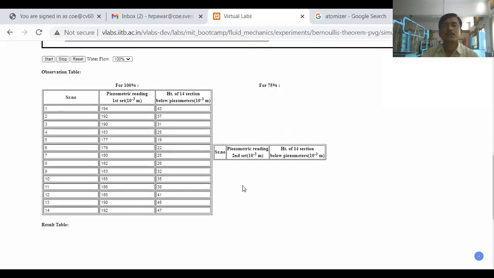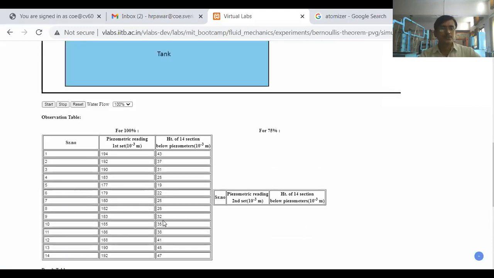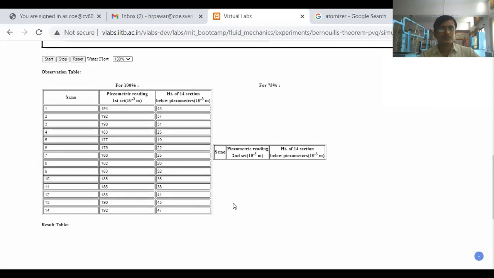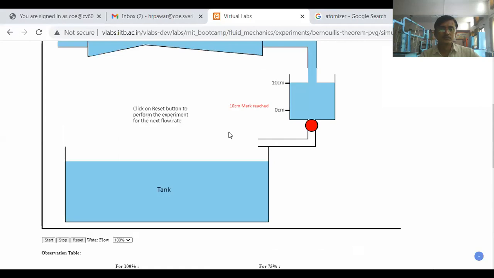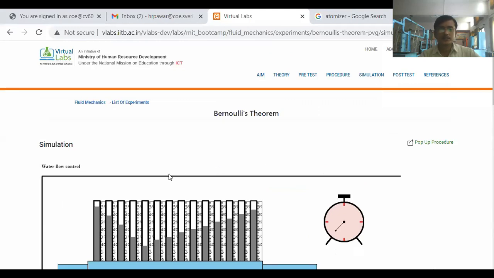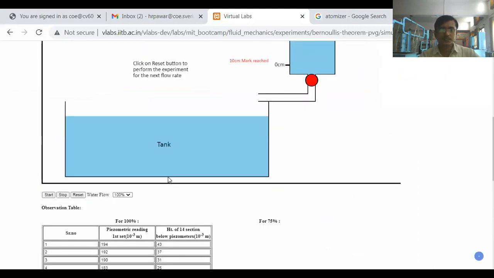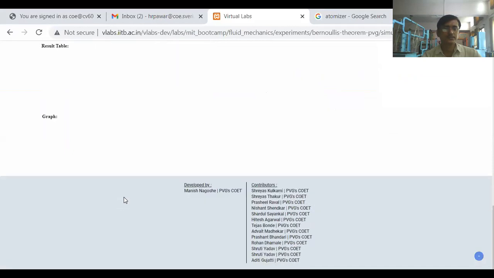This height has been measured from this ground. Okay, and then here after the observation table, what we do generally, we do the sample calculation, and we do all types of calculation and put those values in the result table. Now here this simulation itself should generate the result table. I think this is only one reading. We need to take 2 or 3 readings so that it will generate the result. So right now for the single reading, it is not generating the results, right?